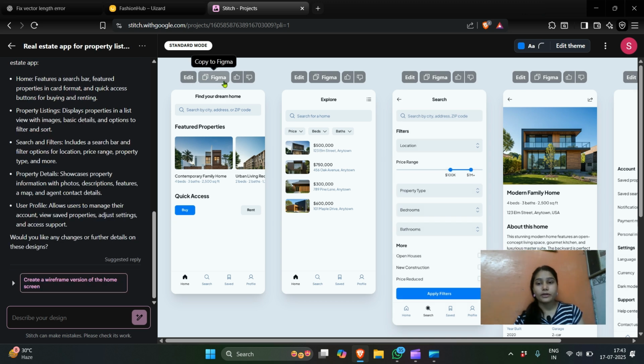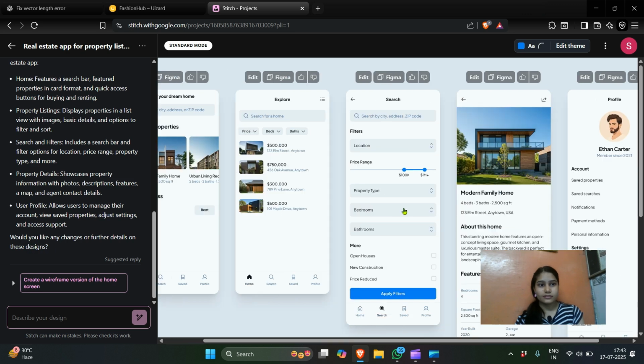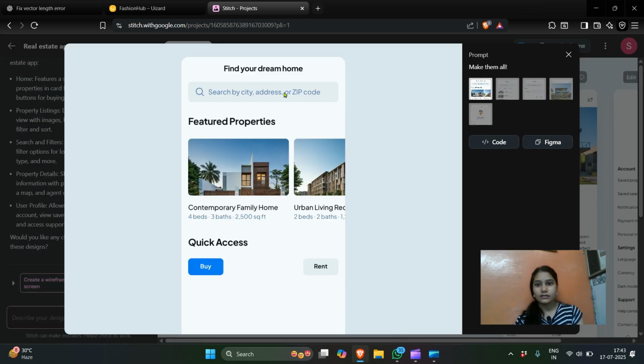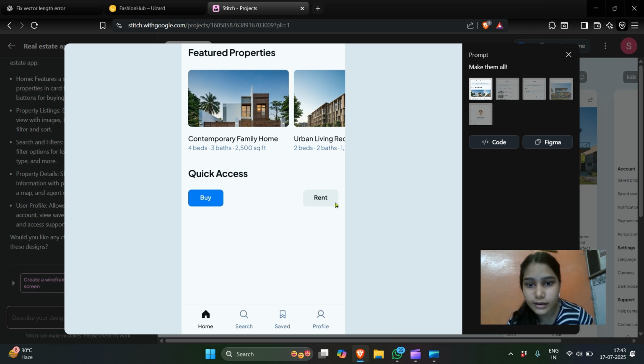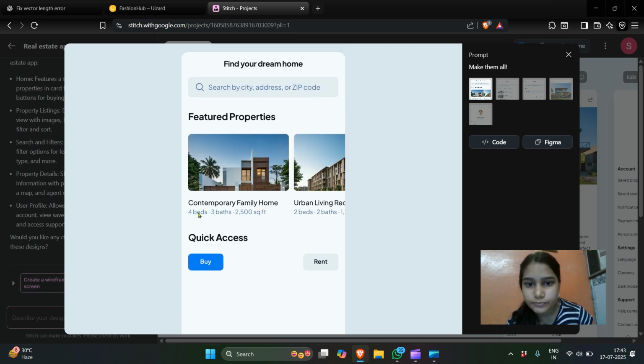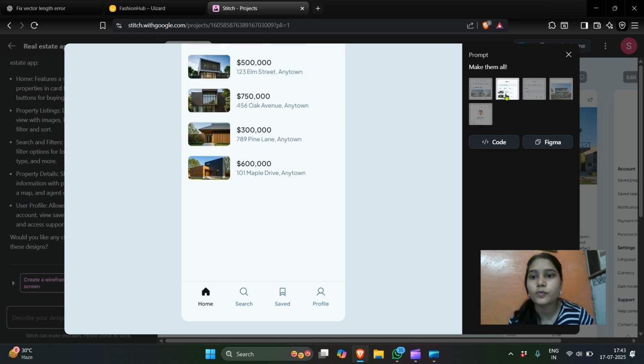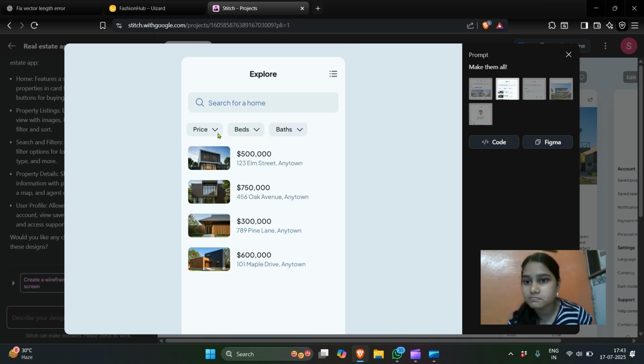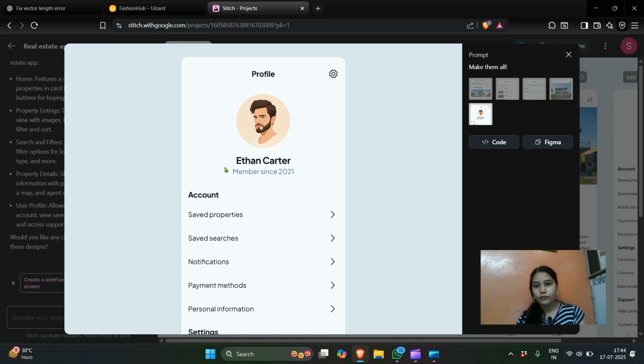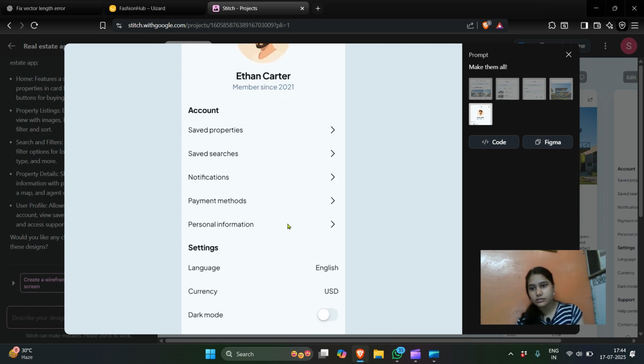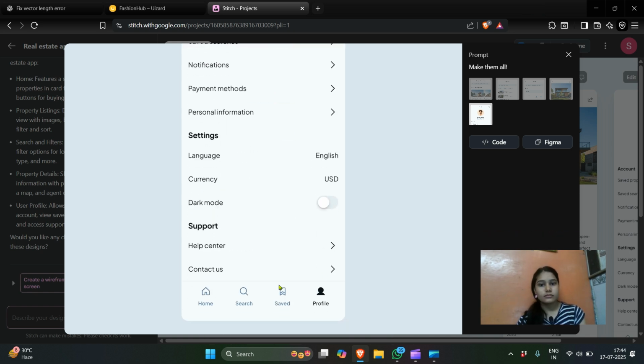You can edit and copy it to Figma. These all are the screens. Wow, amazing. Why is this space blank? I don't know. This is way better than I expected. This is very nice. This is the profile section. You can save properties, save searches, dark mode.